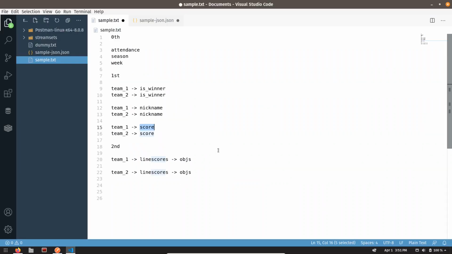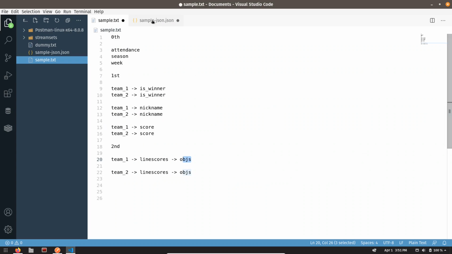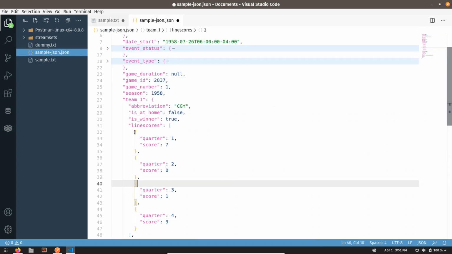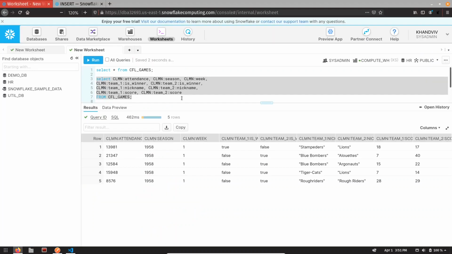Now I want to fetch data from second hierarchy, I mean these objects. Let me open it once. I want to fetch these objects. You can see for each JSON object there are 4 occurrences of such objects. So ultimately my aim is to get the 4 records for each JSON object, and in each record one JSON object will persist. Let me show you how we can do that.